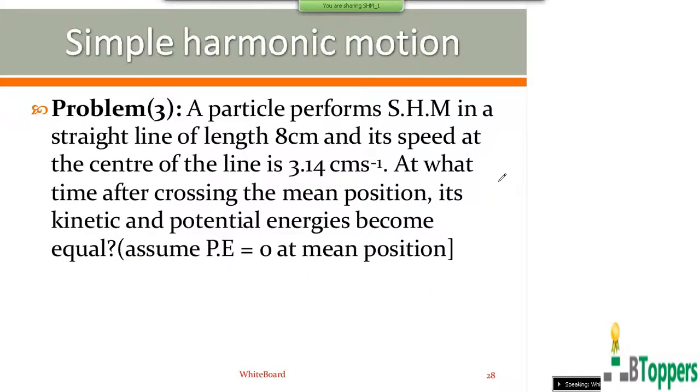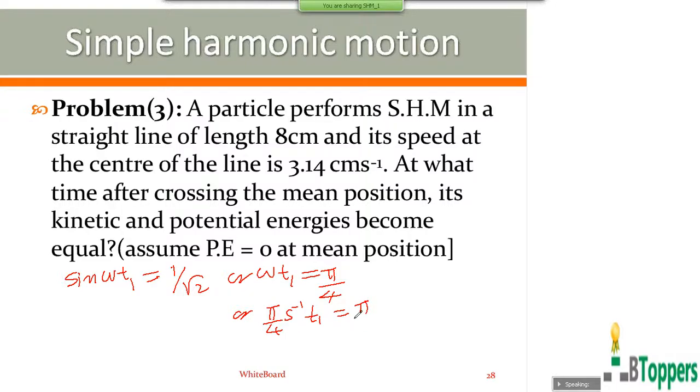So if you continue the simplification, you have to find the instant of time t equal to t1 at which sine omega t1 becomes equal to 1 by root 2. Omega t1 is pi by 4. So already we got omega as pi by 4 per second. That means the kinetic energy and potential energy of the particle become equal at t equal to 1 second. So the answer is 1 second. Those who want to copy can take a pause and finish writing the working.